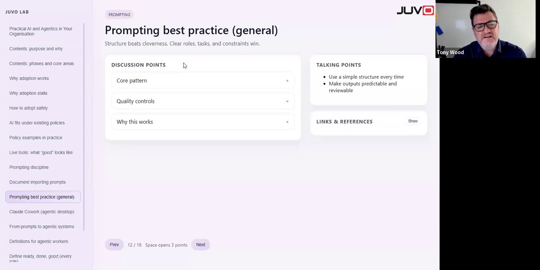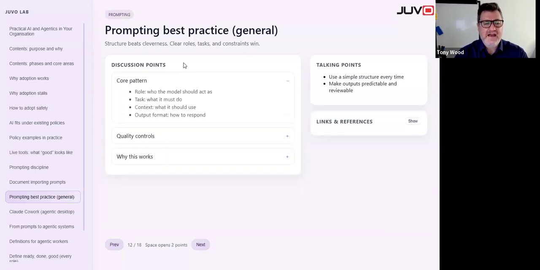So we're looking at what would be a best practice when you're working with prompting in any of these areas. The first is break it down into your role, the task you want it. What is the context I want my agentic or my AI to have? You want to reduce the scope of what it can do. So